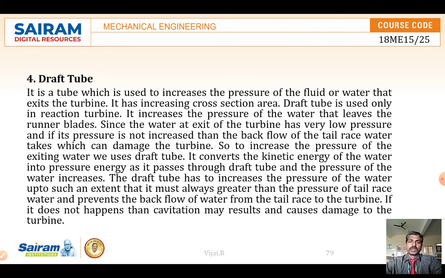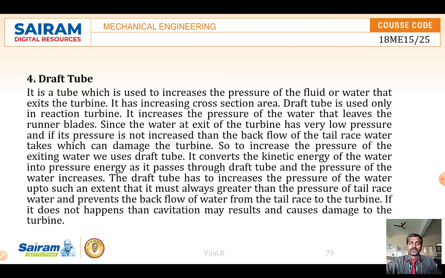Next, after the water hits the runner through the guide vanes, it hits the runner blade. So the runner blade is going to rotate, and the shaft is going to produce electricity. Then the water has to exit from this turbine. So here, what is happening is that the draft tube is going to increase the pressure of the fluid when it is going outside of the turbine.